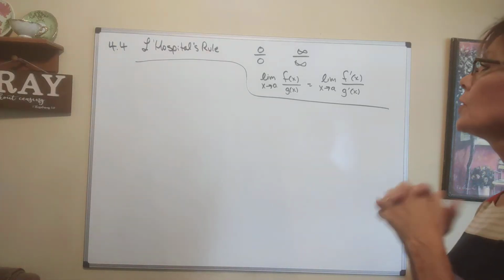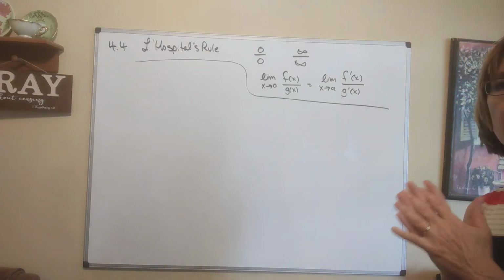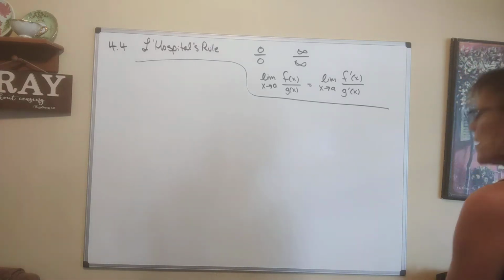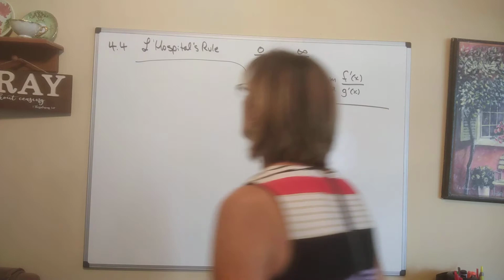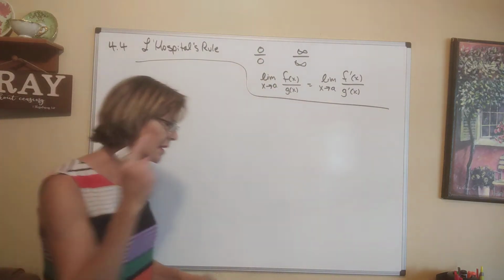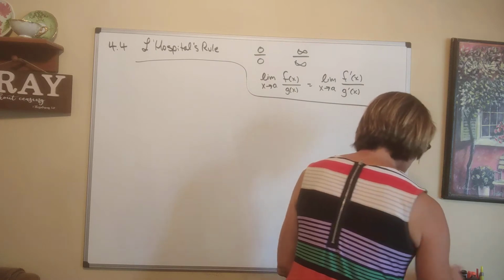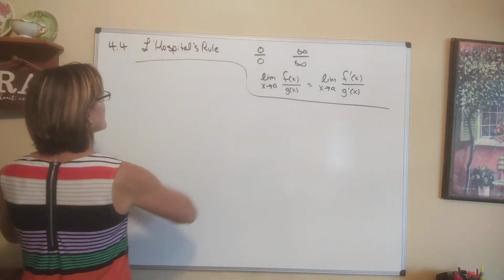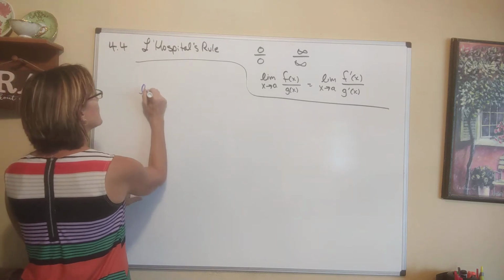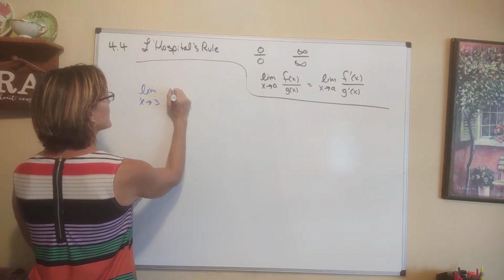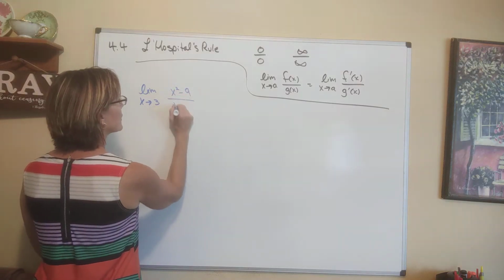Now we are ready for L'Hopital's rule, section 4.4, which is about indeterminate forms. And it's a new rule that helps us figure out the limit of indeterminate forms. So before we jump into this, let's recall an indeterminate form that we've seen before. Suppose we're asked to find the limit as x approaches 3 of x squared minus 9 over x